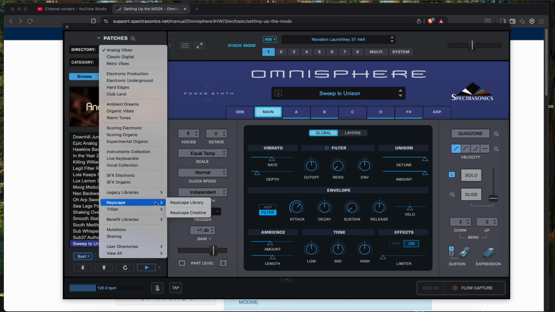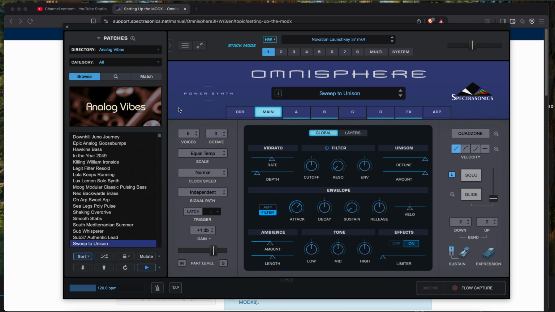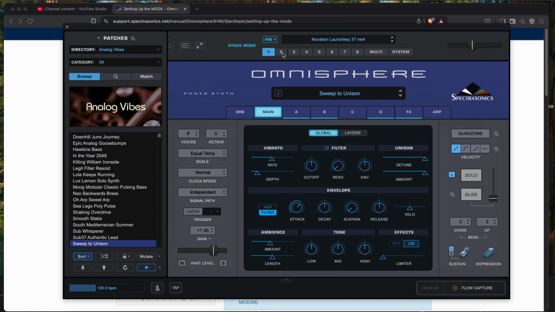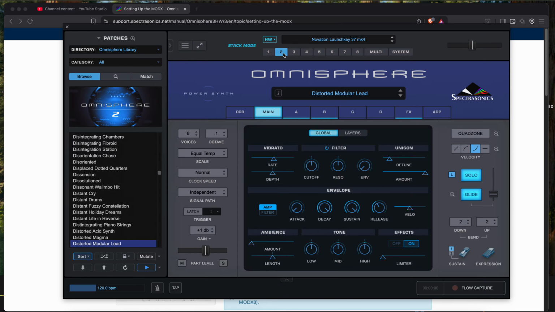And then Omnisphere is basically like the synthesizer, right? So you get all the synth stuff with it. And Omnisphere also can run all of the libraries, as you see right here. So you don't have to go and open Trilian on its own or open Keyscape on its own. You can have them all right here. And because you have 8 of these up here,